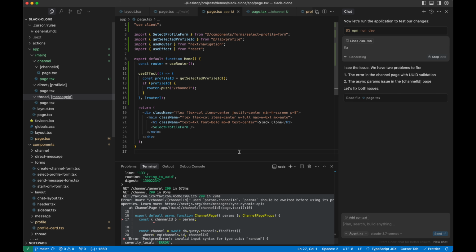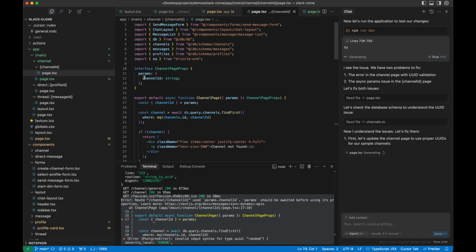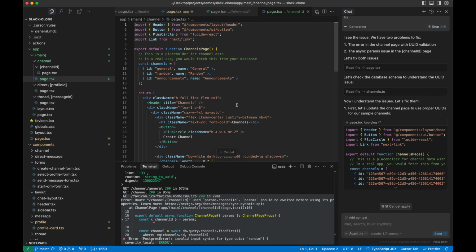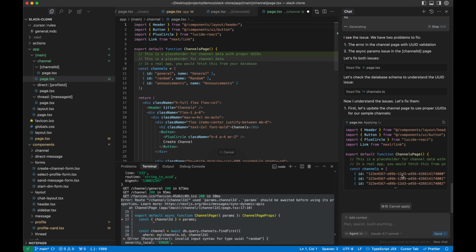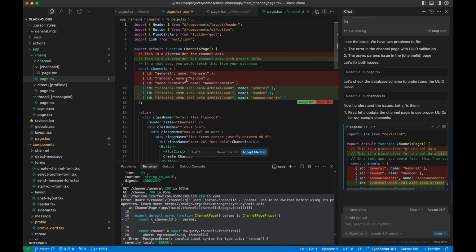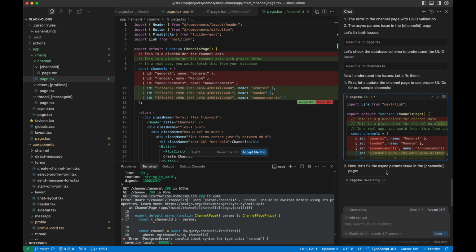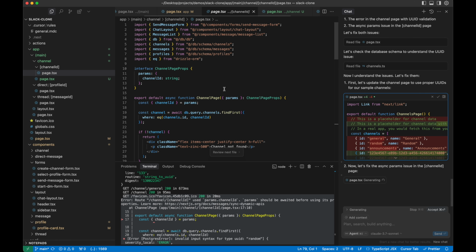I actually know exactly what this is. Remember how I was saying we should have specified it's Next.js 15? This is one of those quirks that changed from Next.js 14 to 15, that these params now need to be awaited, which isn't really in a lot of training data. This is one of the annoying quirks about some of these models, is you do in fact need cursor rules to solve for some of this stuff, which to be fair is a very effective solution to this issue. But I'm